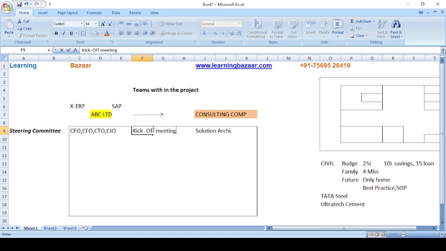Kick-off meeting. This is nothing but the kickstart of this particular project. These members will be acting as a steering committee. Do remember, we have committees from both sides. One is from the client side, one is from the consulting company side. In this kickoff meeting, they are going to finalize the objective of the project, scope of the project, budget